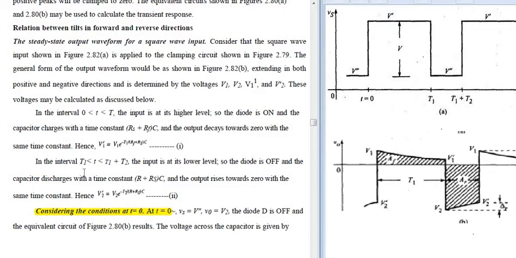Now the time interval is between T1 and T1 plus T2. The first time interval we considered was from 0 to T1, and the second time interval we are considering here is T1 to T1 plus T2. In this time interval your input is in the lower part. Yes, consider that this is your lower part. So in this particular part the diode is in the off condition. So whenever you are having the off condition, what is the thing you will be giving?